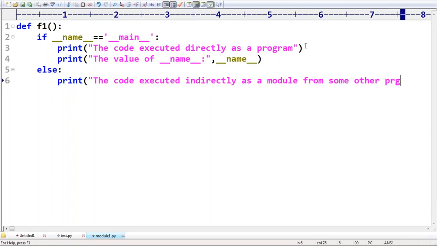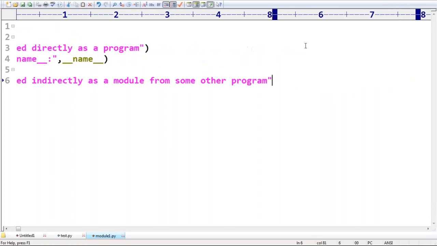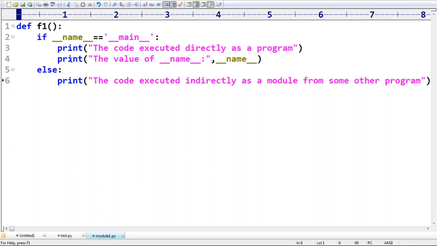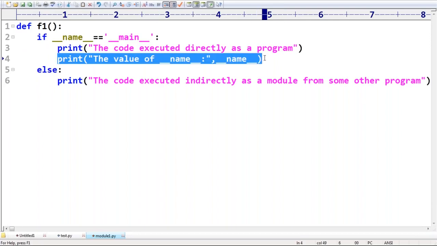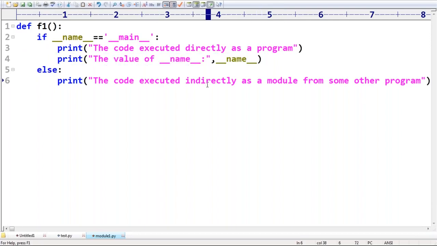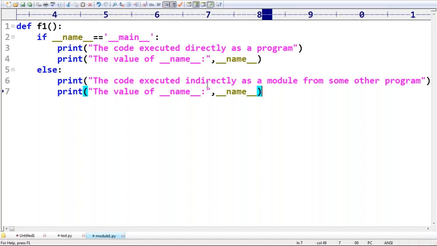In that case, let me print what the value of underscore name is. I want to print that value also. That's all. This is about my F1.